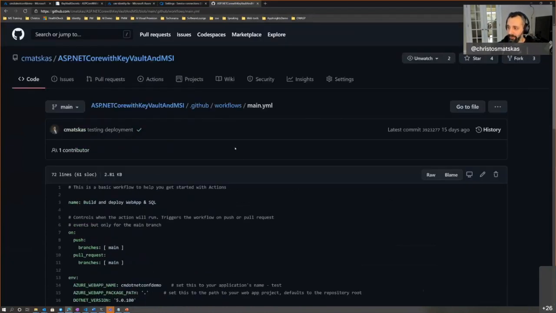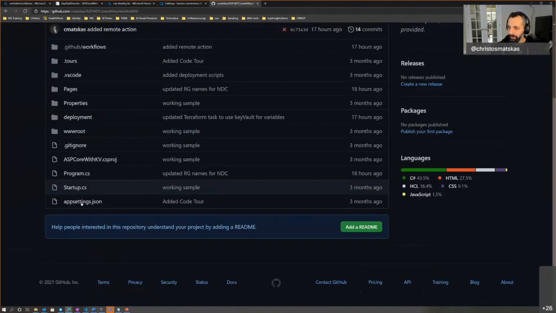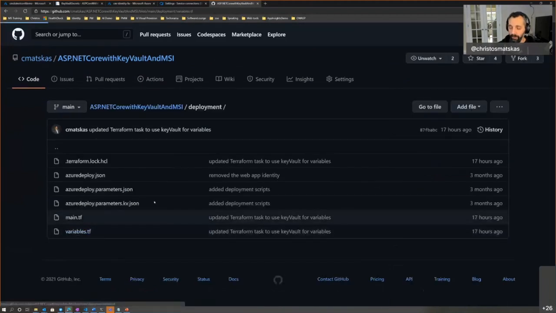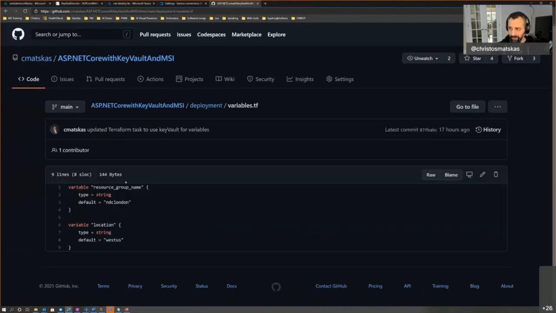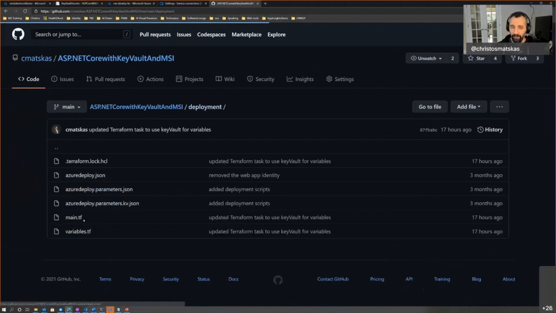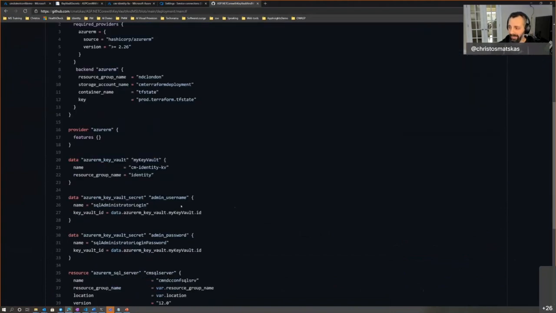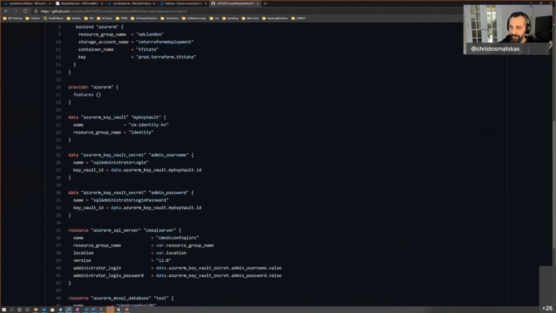But the other option, obviously, is you can do it with Terraform as well. So let's go and see how Terraform works. By going to my root, I have another deployment option here. And in my Terraform, I have my variables, which are not secrets. Resource group is not a secret, or the location is not a secret I need to protect. But I also have a SQL Server I need to deploy, and I need to have some kind of way to protect them. So my admin username and my admin password are using the Azure Key Vault provider to go and grab the secrets.